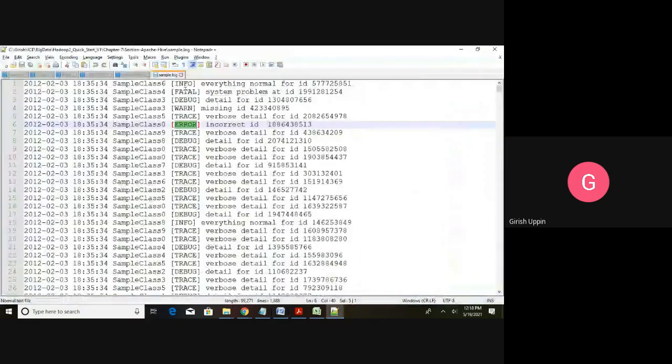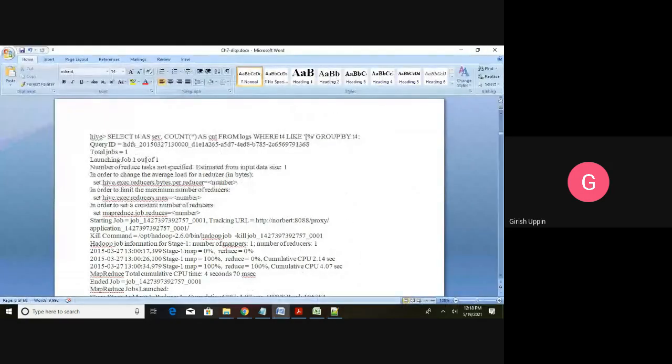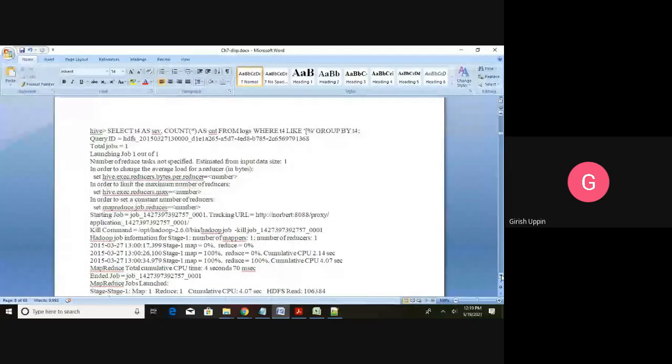After you run, behind the scenes it will be submitted as one MapReduce program. The MapReduce program will start running in the background, and it will display all the information. Once that MapReduce program is complete, we are going to see the output.